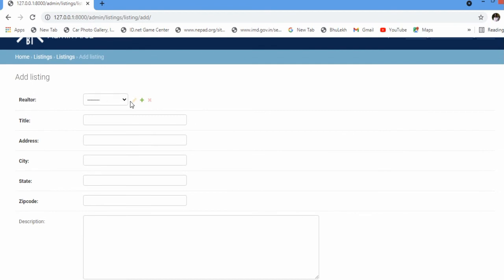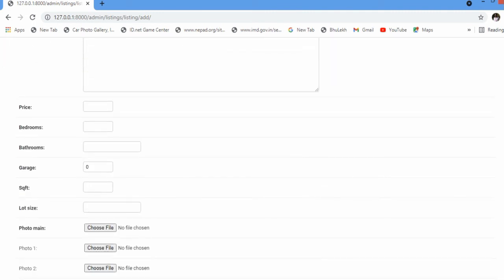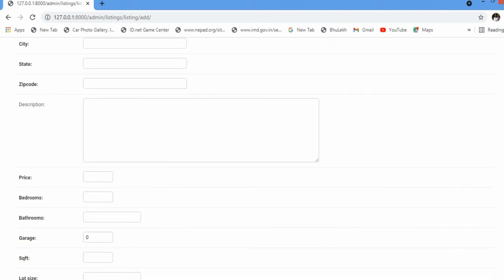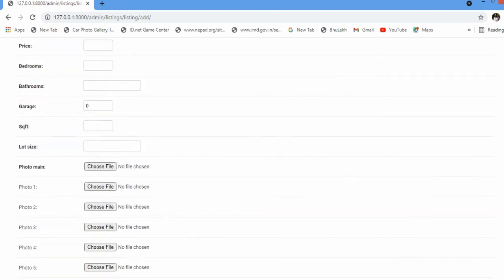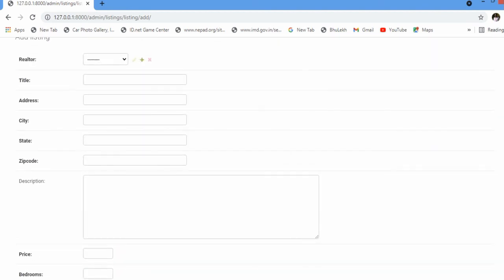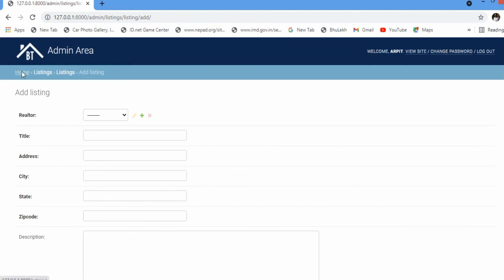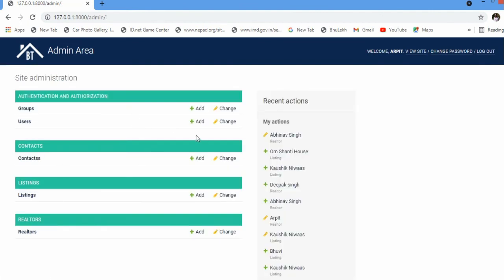The first option is realtor. We can choose our name by selecting it, and then we can add all the information about our property, that is the price, bedroom, bathroom, garage, etc., photos, and go to save. These are the contacts, group, and users.